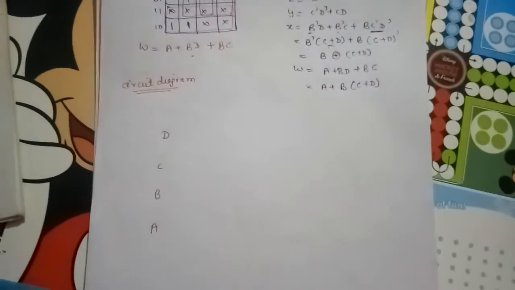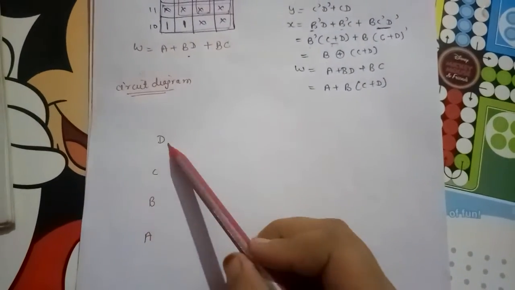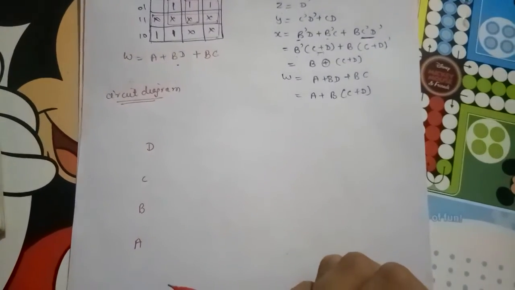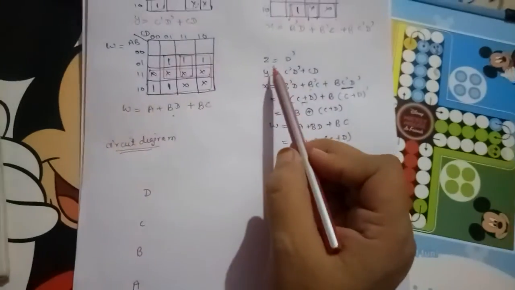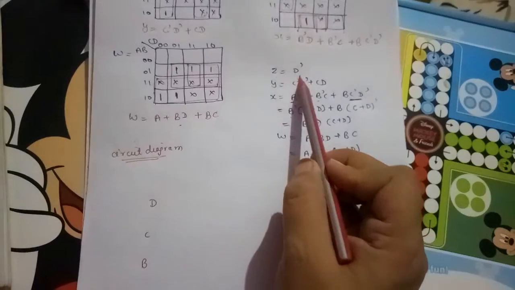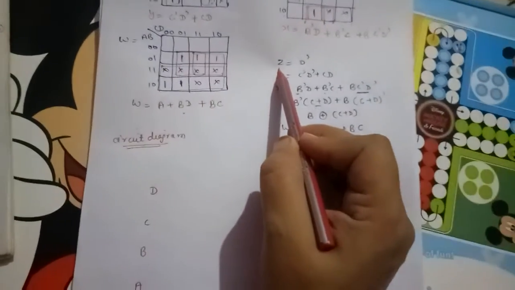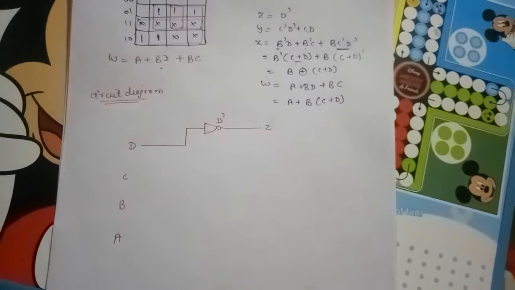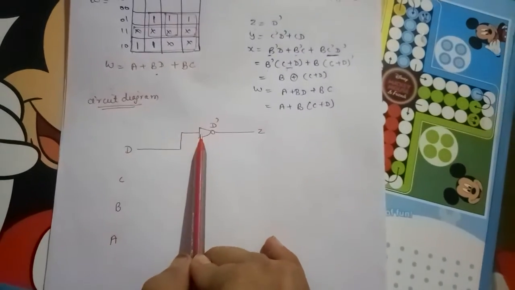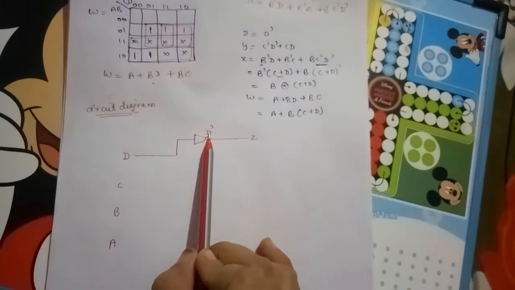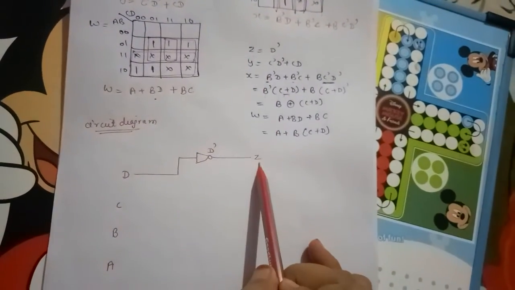So let's take the four inputs like this: A, B, C, D are the four inputs. Then the corresponding output for Z is the inverter from D. So we'll take an inverter at the D input line, and this output is equal to Z. So this is Z, right? The D variable will be given to the inverter, the NOT gate. This will create the complement of D, and this value corresponds to the Z variable.